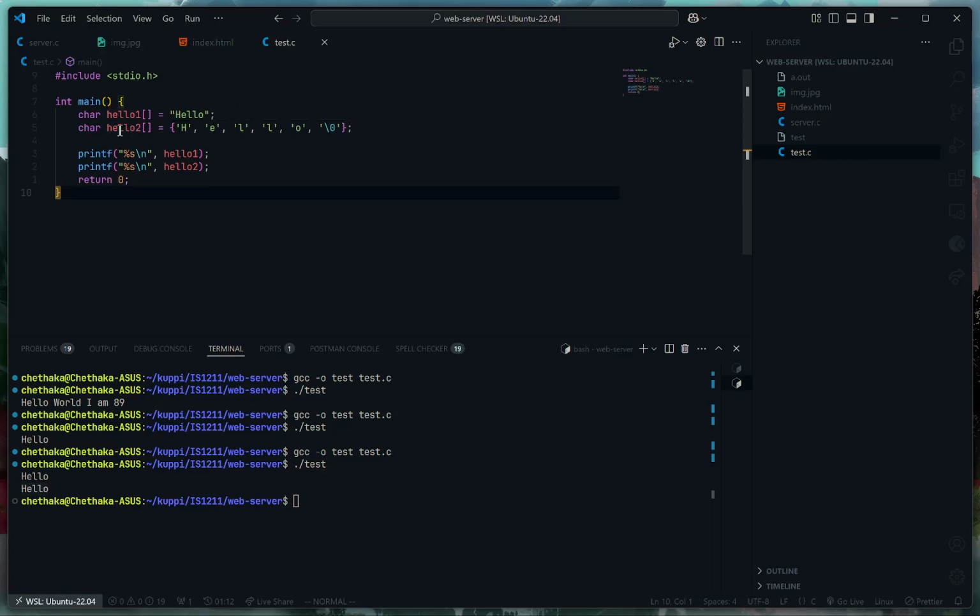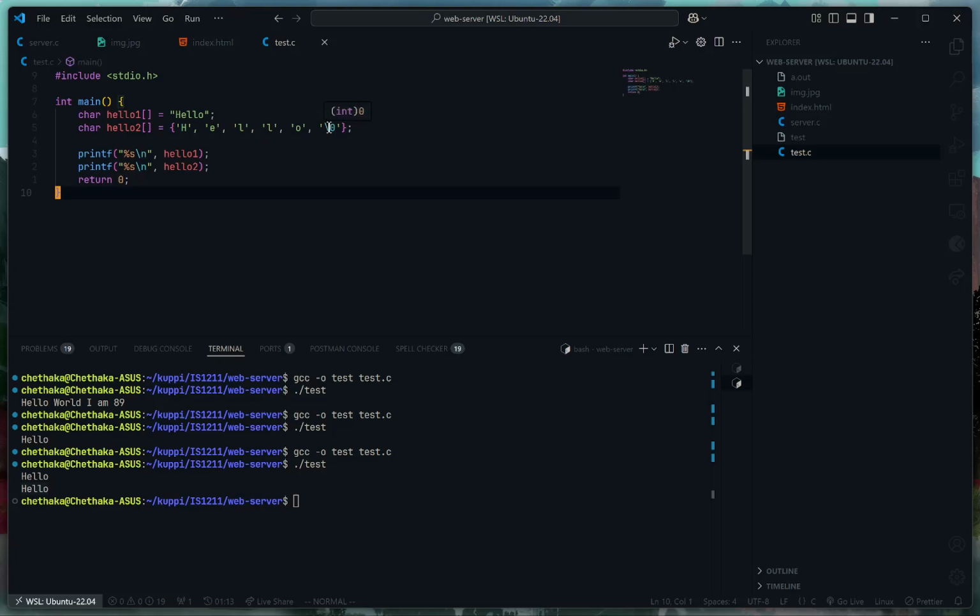We know that the array name is a pointer to the base address. So base address means the array name is a pointer to the first element in the array. So what we are technically doing is that to the printf function we are forwarding a pointer that's pointing to the first element of the array,